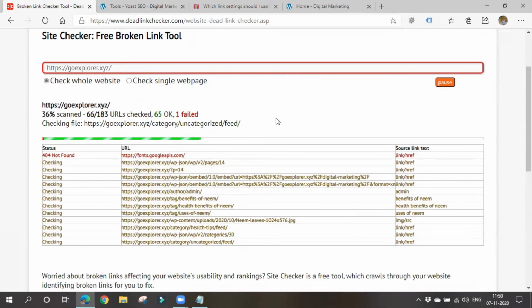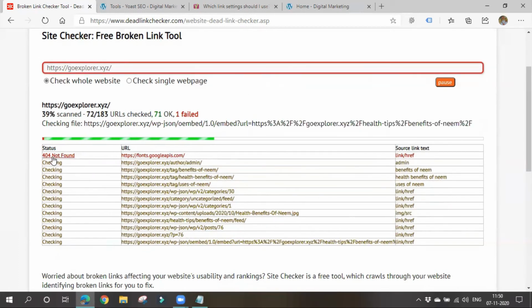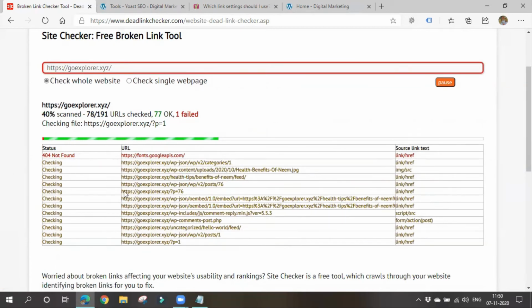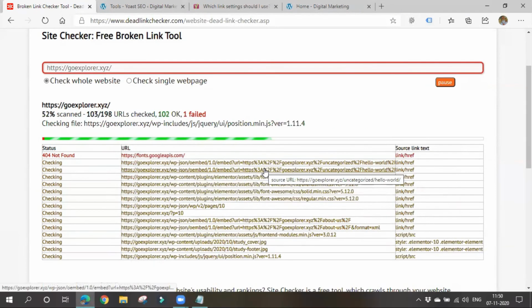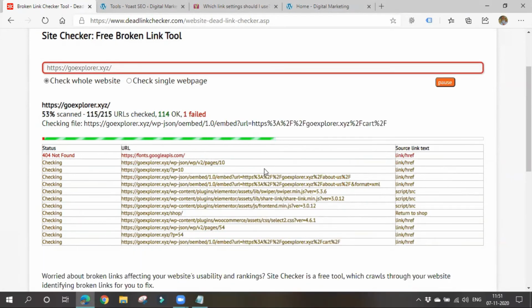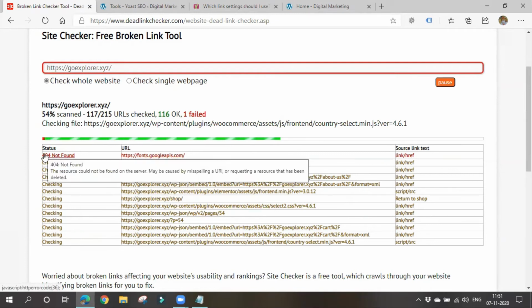The thing you should do is download this file. You have to copy this list, or you'll be given a file. Please copy all this list and paste it in Notepad. Simply copy it here in a notepad and save it. I'll show the remaining process. You can also pause this. So let me go for the remaining process.